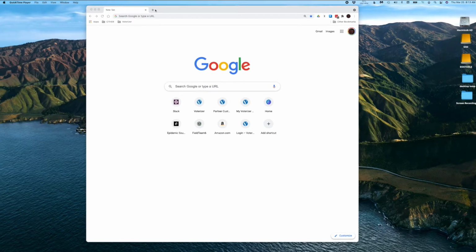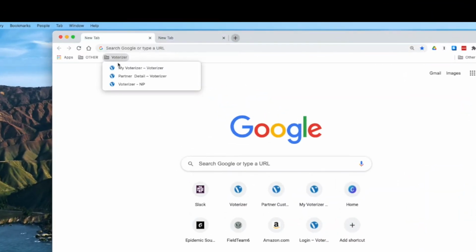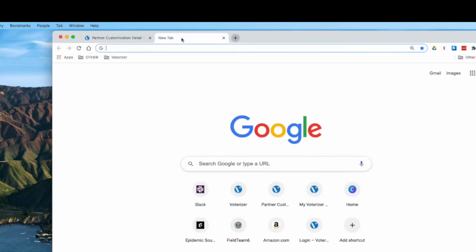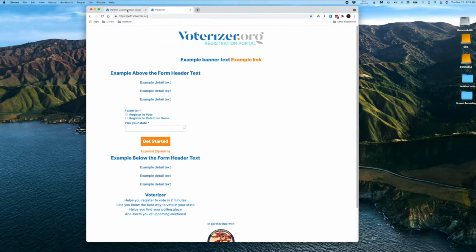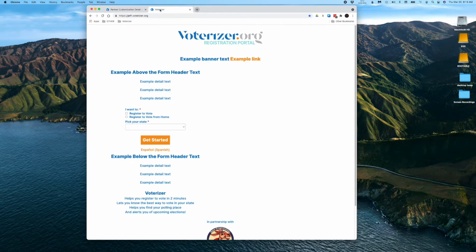Open two tabs in your web browser. In the first tab, using your Voterizer bookmarks, bring up the Partner Detail page. In the other tab, bring up the Voterizer page. This is the page that we'll be customizing by first making changes in the Partner Detail page, then coming back to the Voterizer page and seeing what the changes look like. For instance, if I want to change the text of this banner here, I go to the Partner Detail page